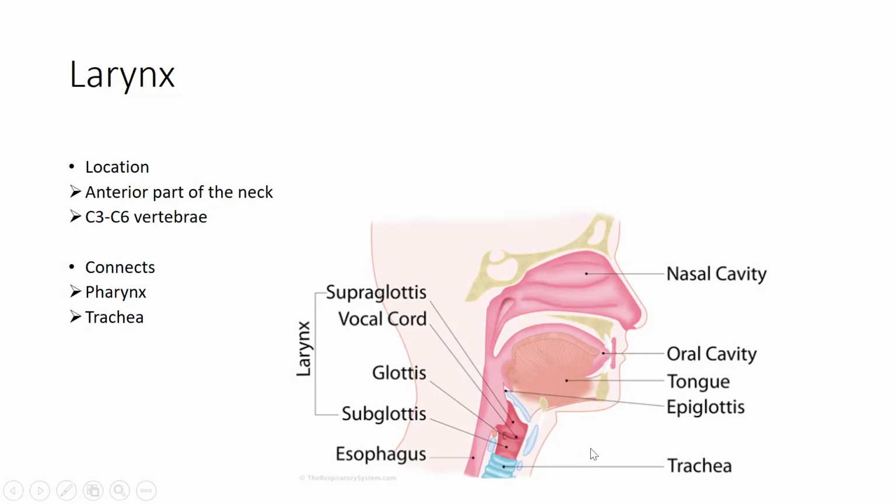It will connect the pharynx with the trachea, and the functions will be phonation, so the mechanism of voice production, and also it will help to guard the air passages, principally when we swallow, as it serves as a valve of the lower respiratory tract. So it will help to keep patent